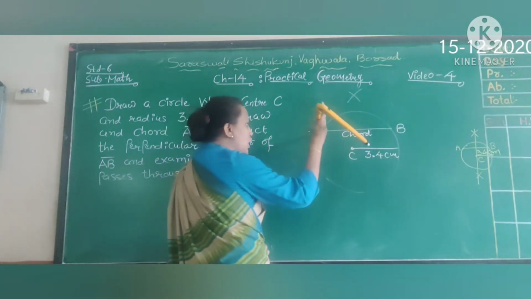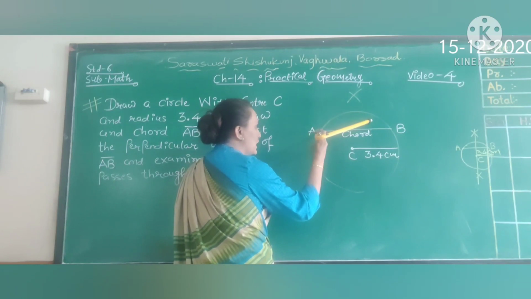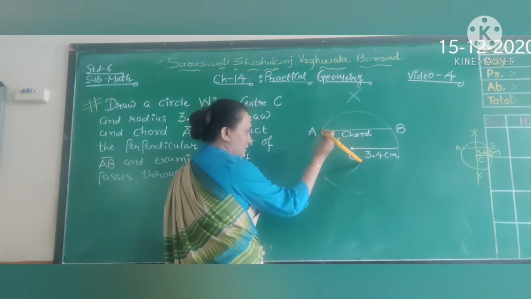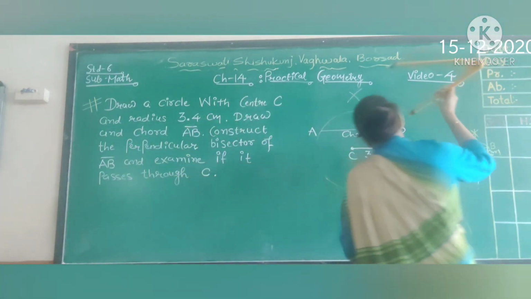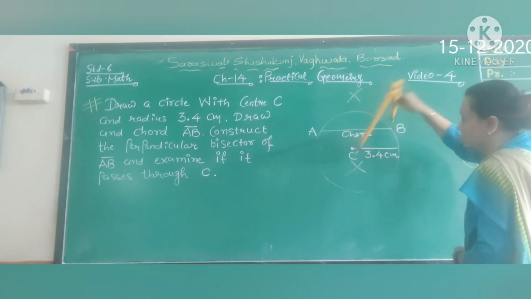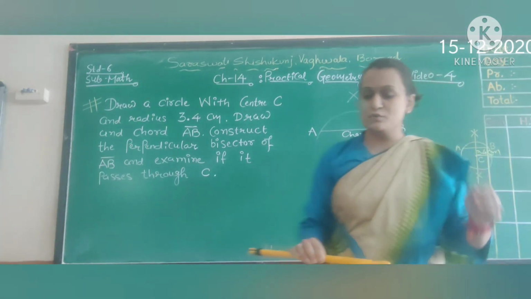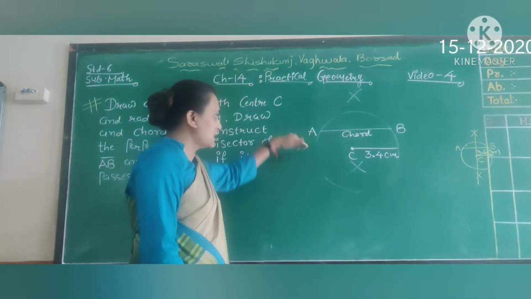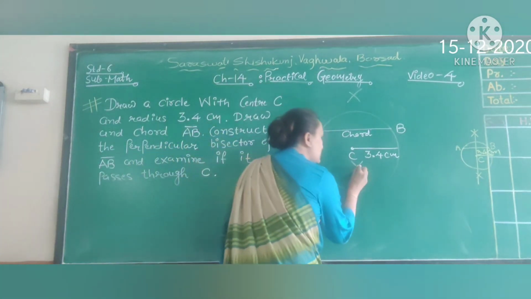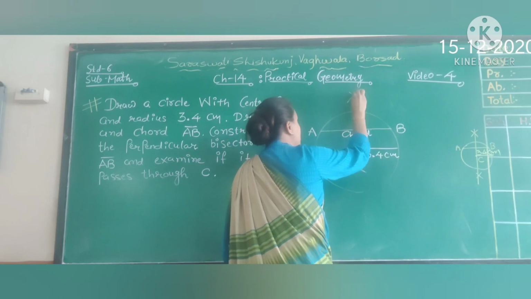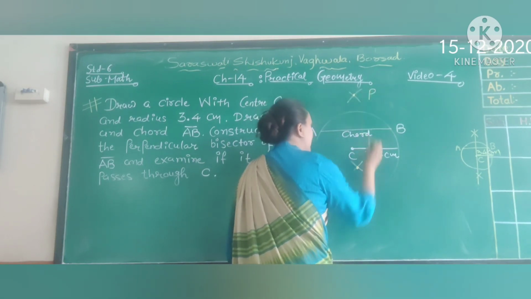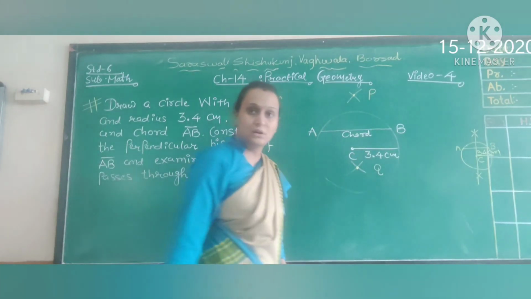Same way we have to draw an arc below AB. So from point A, and the same way we can draw an arc from point B. Okay. So this is your arc. So we have drawn arcs in the upper half and lower half of AB. So suppose these are two points. Let us give them the names P and Q.